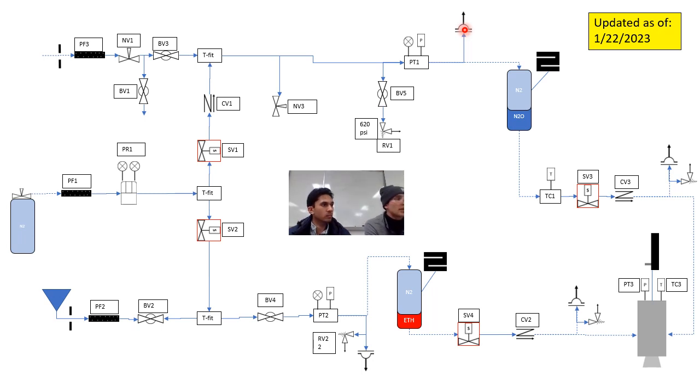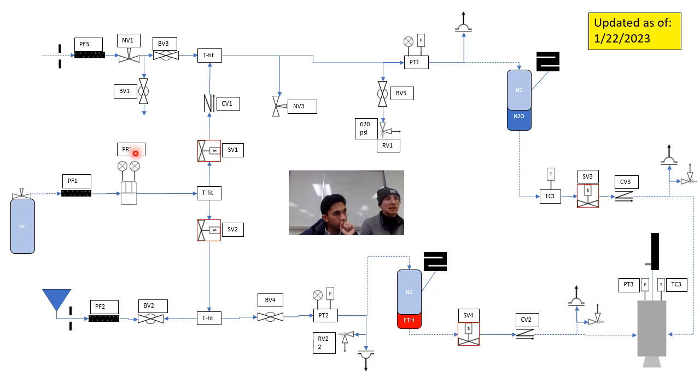So that's the most dangerous, complicated, long process. So we begin by, I think we're going to want to make sure everything's closed, right? SV1, SV2 are all closed. But then we're going to open SV1. And now we're going to increase our pressure on that side that SV1 is on. So on the nitrous oxide side, we're going to increase it by increasing PR1, the pressure regulator, up to 820,